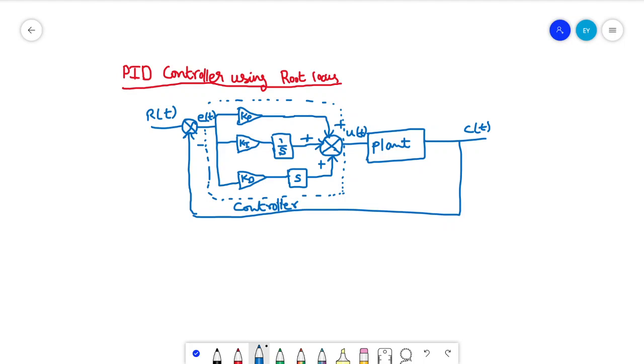In the previous class, we saw a numerical problem with different desired specifications like peak overshoot, settling time and oscillation frequency, for which we had to design a controller gain K such that all the desired specifications could be met. So in that class we designed a controller gain alone, right? In this class we are going to design a PID controller using the root locus method.